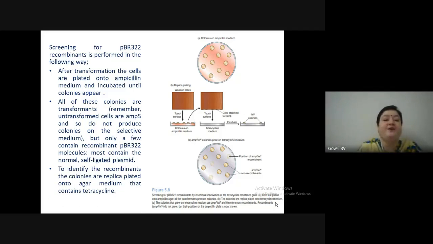To identify the recombinants, the colonies are replica plated onto agar medium that contains tetra